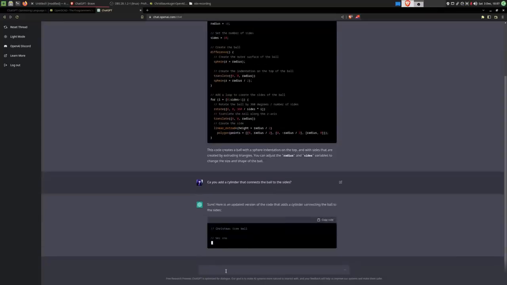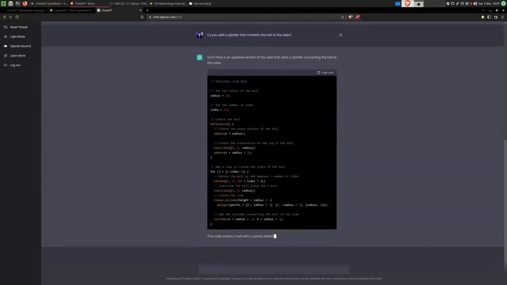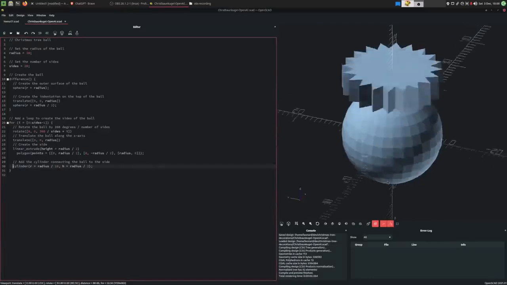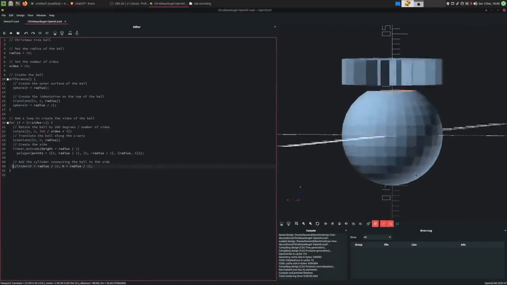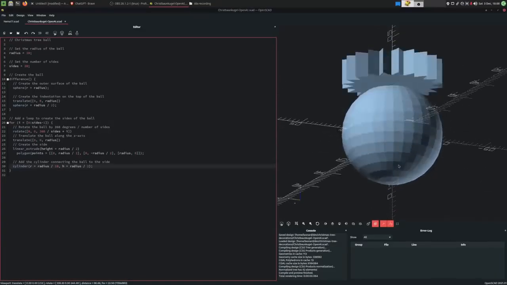And just like that, we have some new code. And it even documented the changes it made, which is very nice. That still doesn't look right. So I think I'll ask it to make the cylinders way bigger.